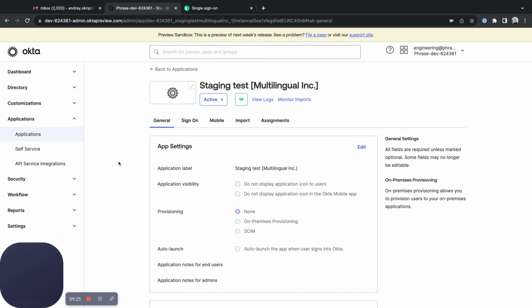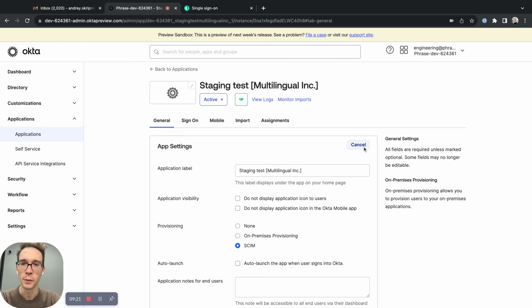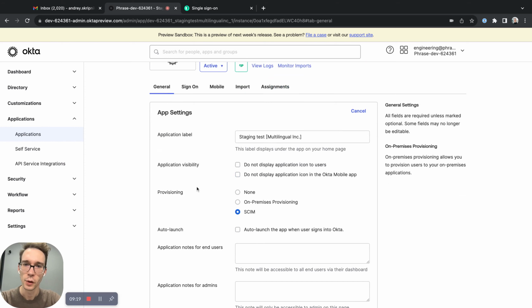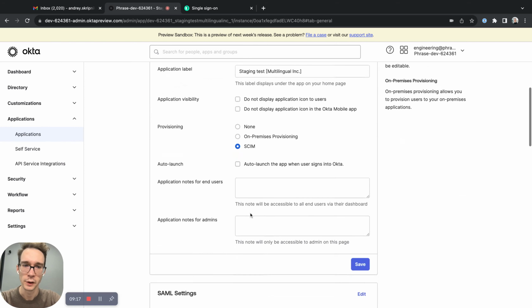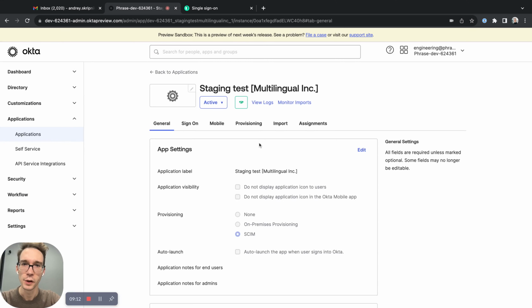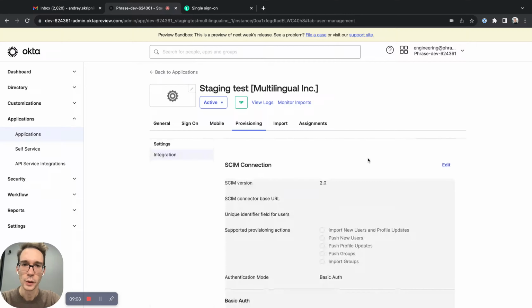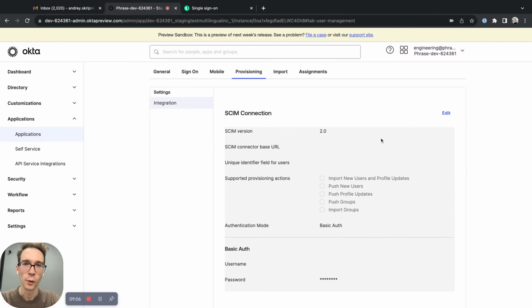So let's start setting the SCIM up by selecting the appropriate option in the provisioning settings. As you can see in provisioning, I select SCIM, click Save. Once the settings were saved, the provisioning tab appeared in front of me. So let's open that and see the form with the settings we need to fill in here